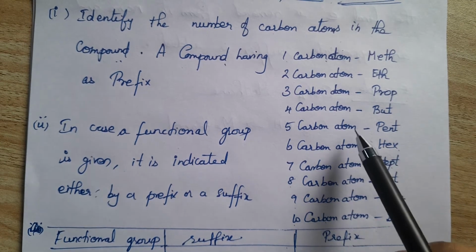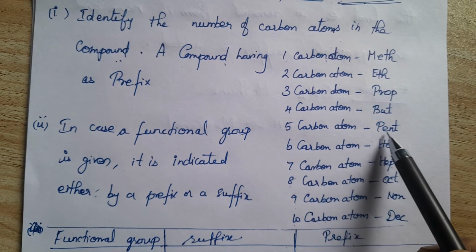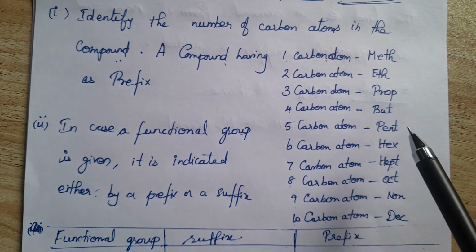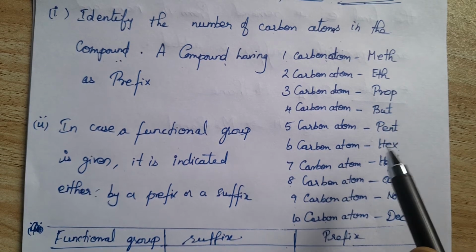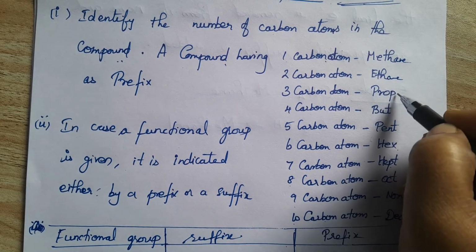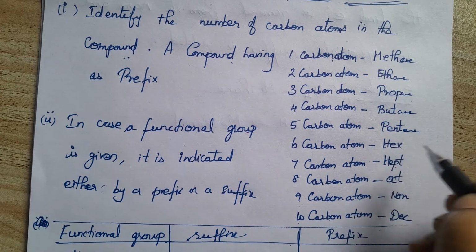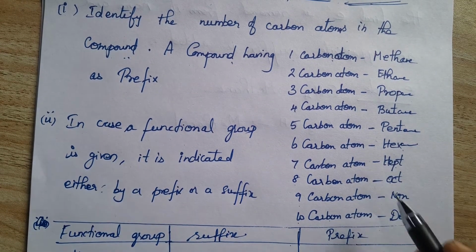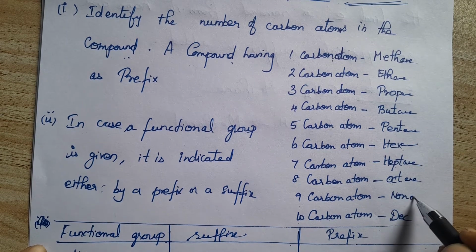If the number of carbon atoms present is five, then we will start with pent. If it is a single bond, we complete it by giving the ending ANE: methane, ethane, propane, butane, pentane, hexane, heptane, octane, nonane,